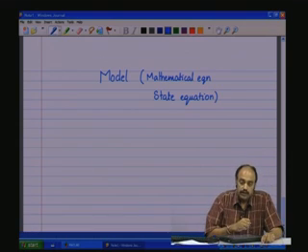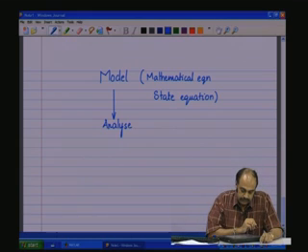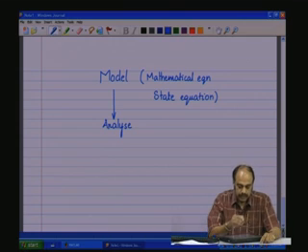Now, with this model, we would like to analyze the circuit. Analyze the circuit. Now, the analysis of the circuit